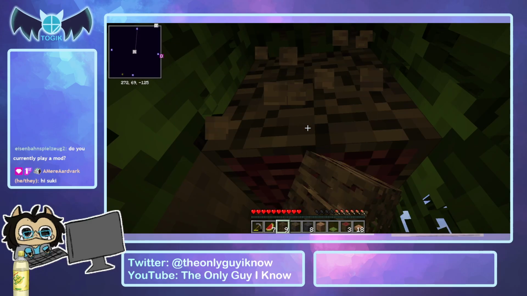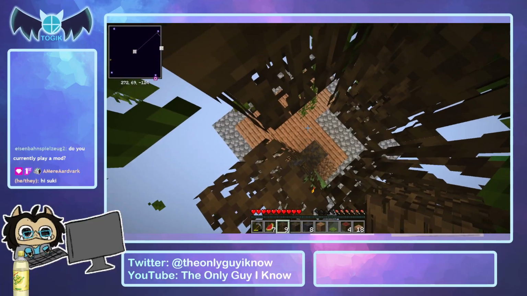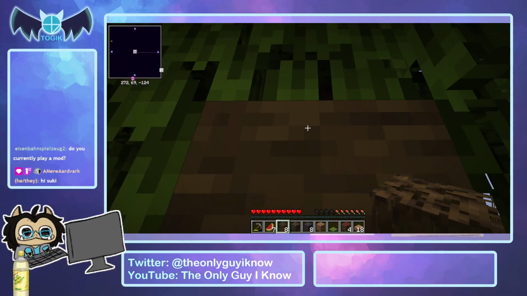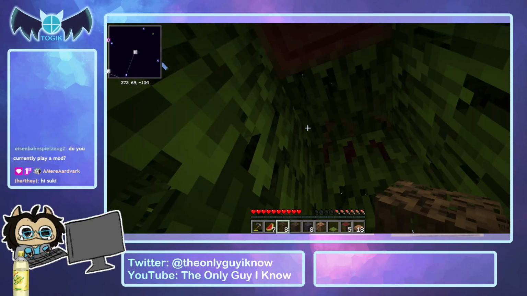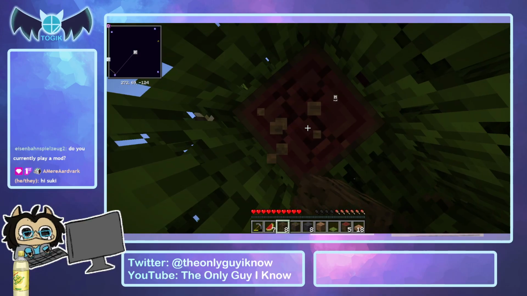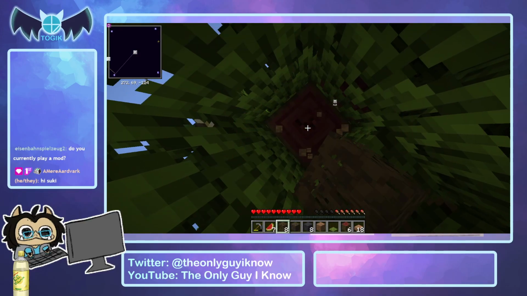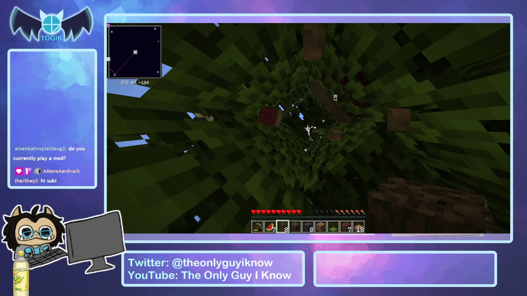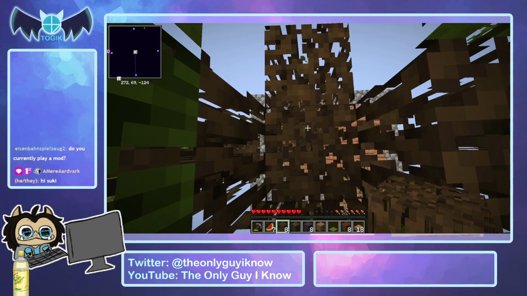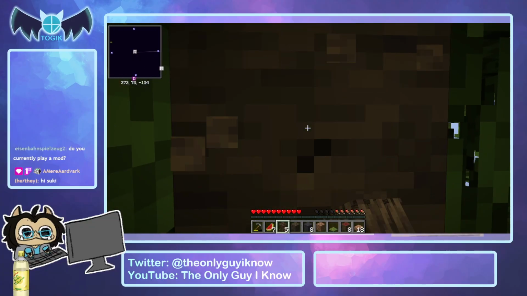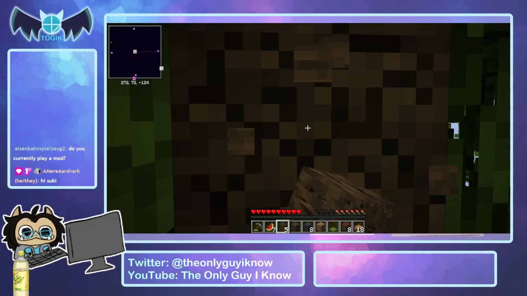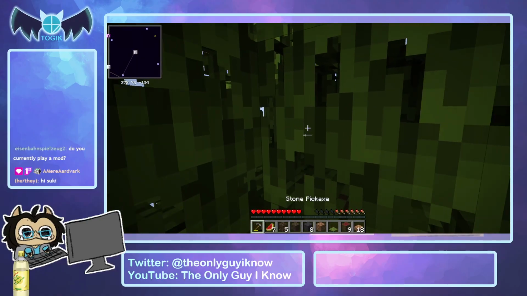I decided I was not going to go trying to look for all the logs. I decided it was better if I just go for the roots. But they're kind of just all sporadic throughout the leaves here. So that makes it also a bit harder to get in here. But if we plant the propagules, then we can get more mangrove trees up and running. Where was it? Oh, right here. It's right in front of me. You dingus. Alright,